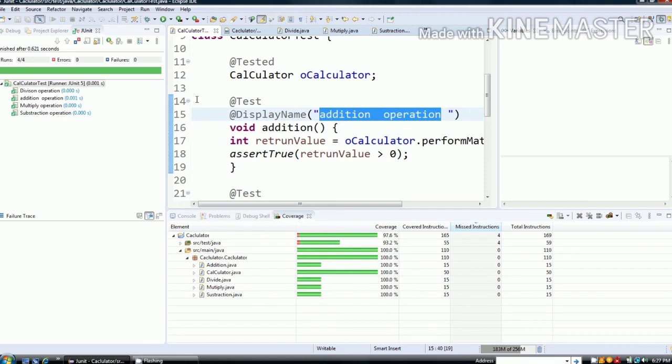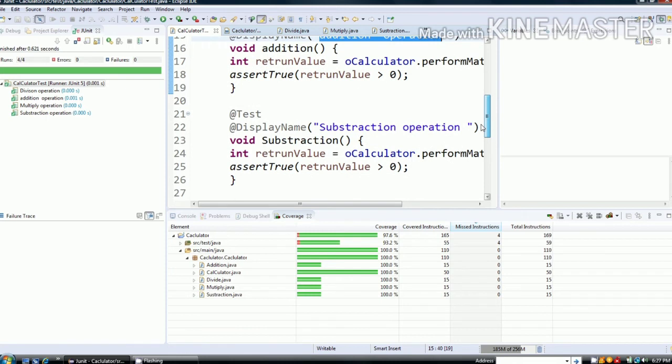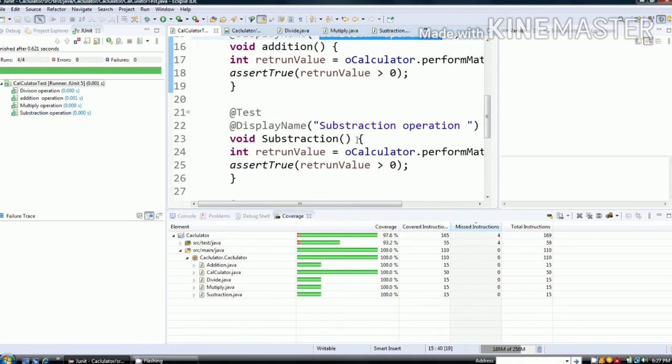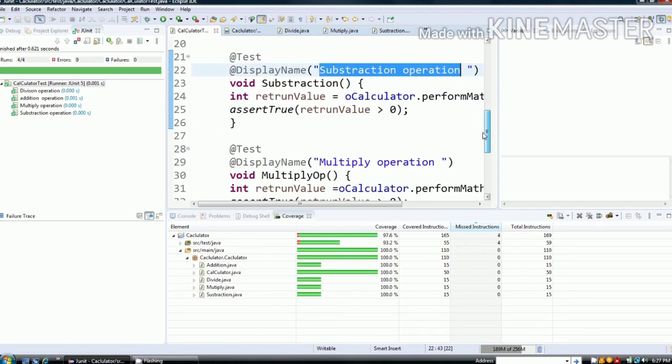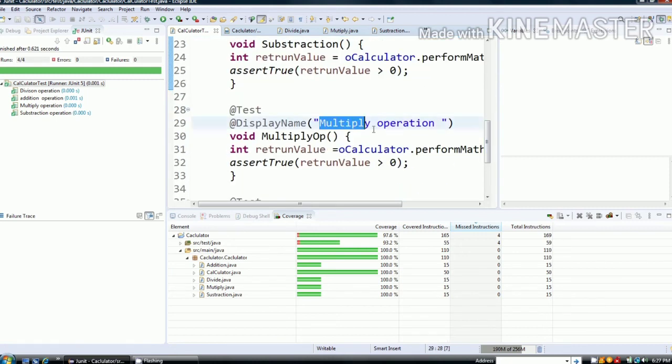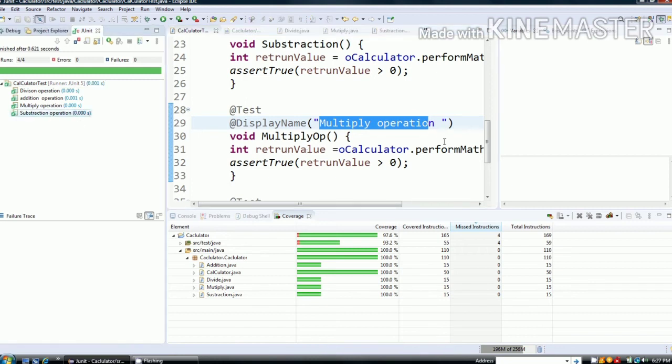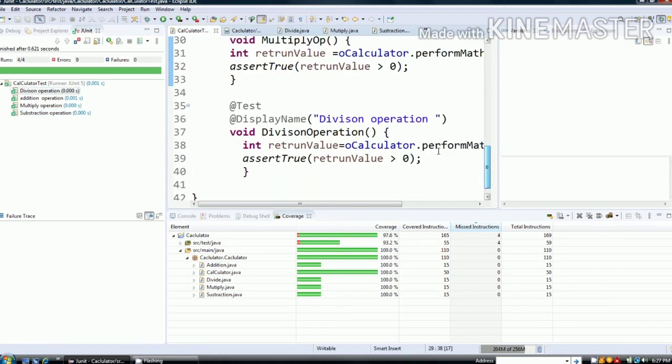So I gave an addition operation. You can see the addition operation. And if you see, the subtraction operation is also available. And the next one is the multiplication operation. So even the multiplication operation is there. I'm explaining line by line so that you understand the example I'm trying to do, so that it will be very helpful for you to understand other topics. This is a basic example.